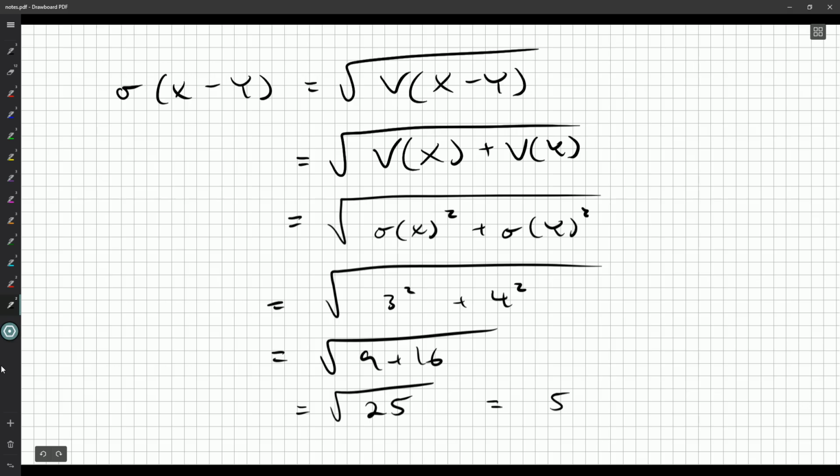And remember, under the square root sign, you always take the positive root. We get 5. So the standard deviation of x minus y is 5. We had to use the relationship between standard deviation and variance twice. And then, because x and y were independent, we were able to sort of fill in the gaps right